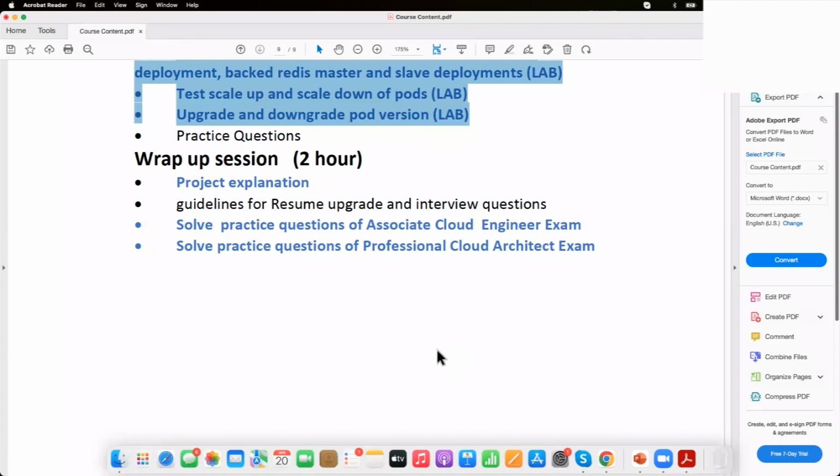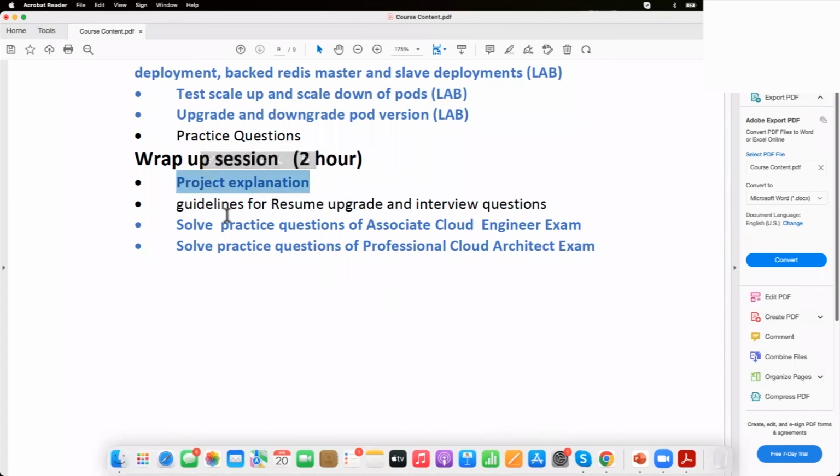Okay. After the entire training, there will be a wrap-up session. I'll be giving a mini project almost in the middle of the training along with the VPC. That is almost like creating an environment in cloud, complete from end to end. In the middle we'll be doing a project, and I'll also give a project at the end of the training and explain how to do it.